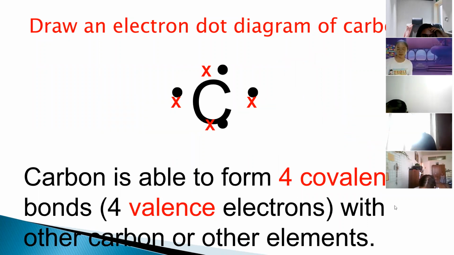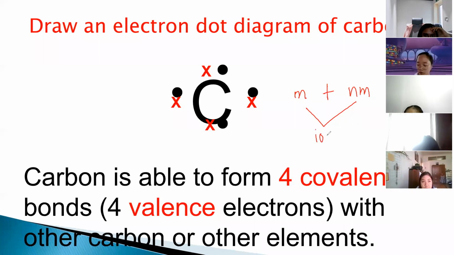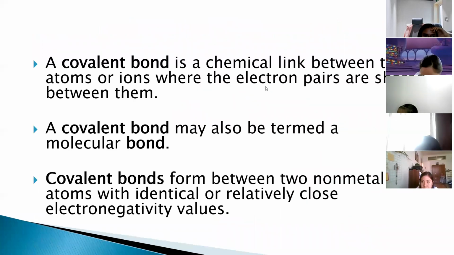So covalent bond takes place between a non-metal and another non-metal. Remember, carbon is a non-metal. So if it binds with another non-metal, the bonding is called covalent bond. However, in organic chemistry, we also have metal plus non-metal. If they bond together, the bond is called ionic bond. So let's just differentiate. If it's metal and non-metal, we call it ionic bond. Okay? So when you say covalent bond, again, it's between